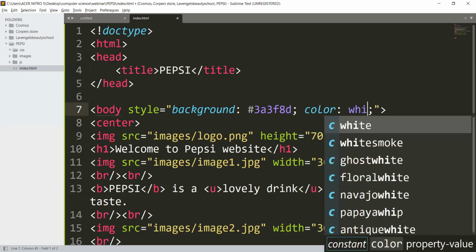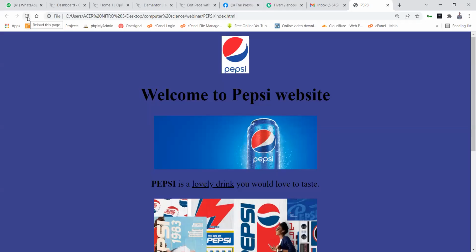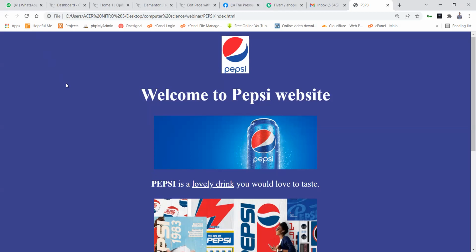So this color now refers to the text color. Our background is the background, then color is for the text write-up. So let's just go back to our browser and see what we've done so far. So I'm going to refresh right away, and boom, the write-up is now